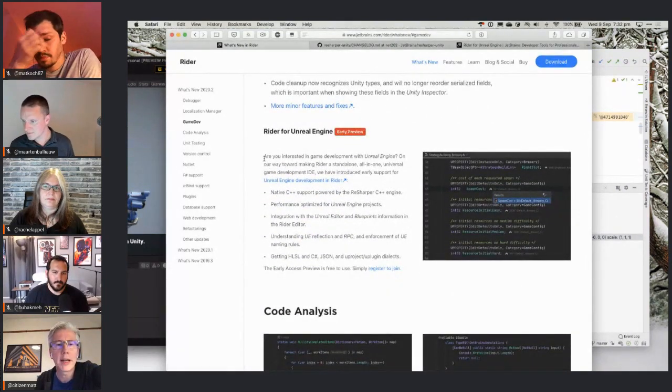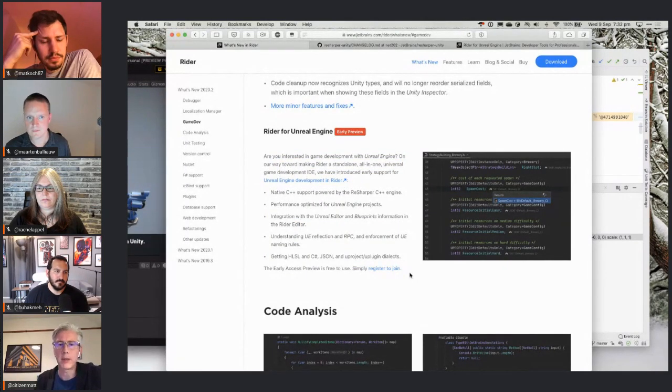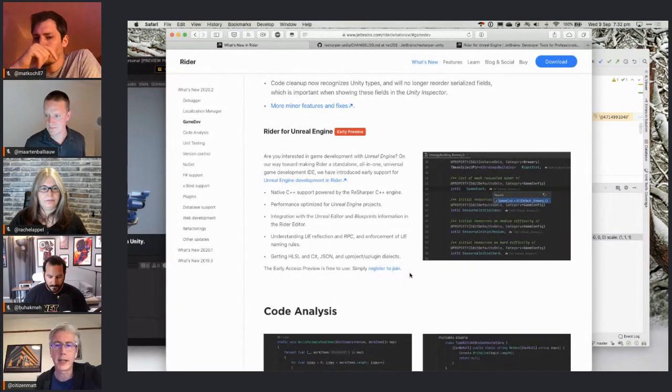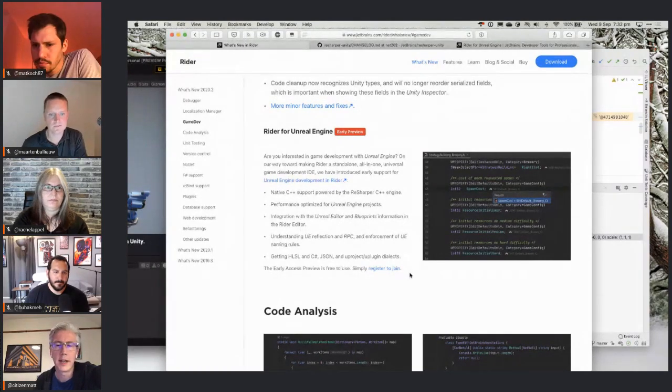It's worth pointing out, as I mentioned before, we've got Unreal Engine in progress as well. So we've got Rider C++, which is bringing the ReSharper C++ engine into Rider. Right now, we're focusing this on Unreal Engine, so we have Rider as our game dev IDE, and Rider for Unreal Engine is a standalone product at the moment. We're going to roll it into Rider as a whole at a later point,